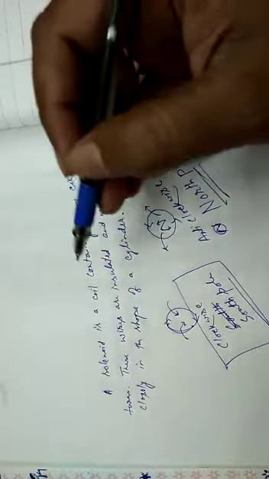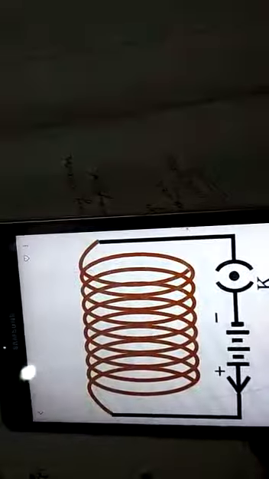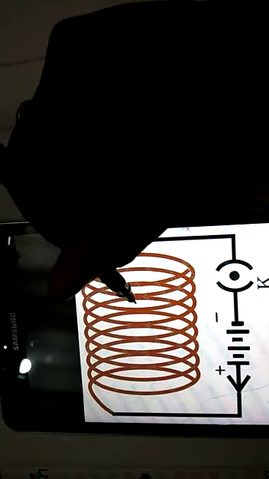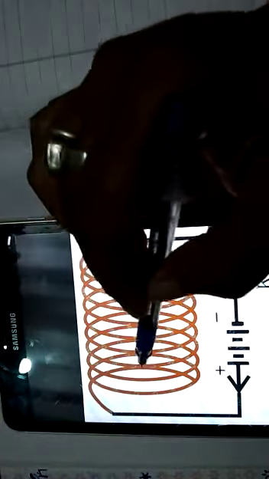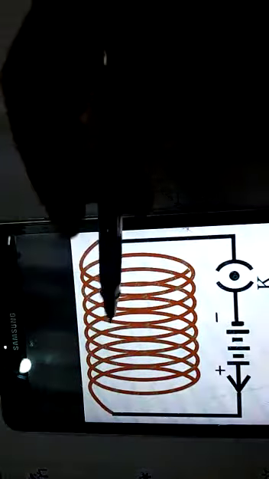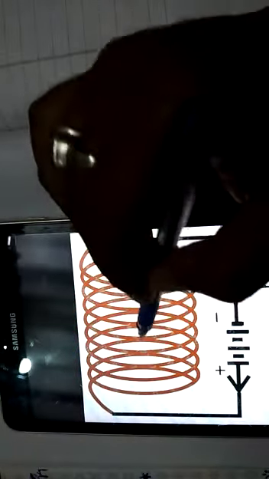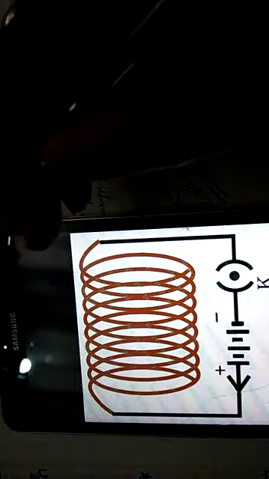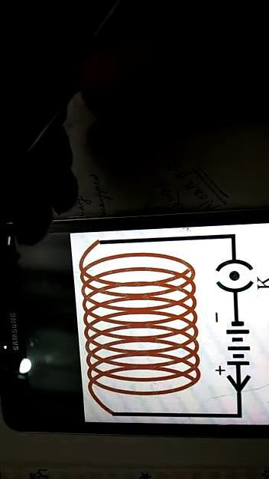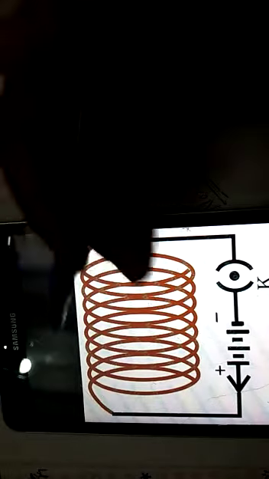Now one more advantage of a solenoid is there. We can increase the strength of a solenoid. There are various ways we can increase the strength, which we call pole strength. We can increase the strength of the magnetism of a solenoid, but we cannot increase the strength of a bar magnet. A bar magnet's strength is permanent. You cannot alter its strength.